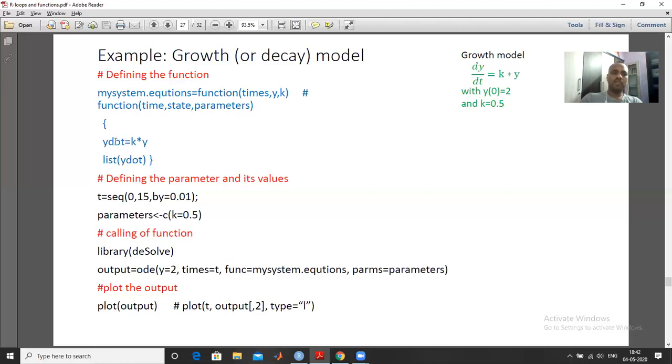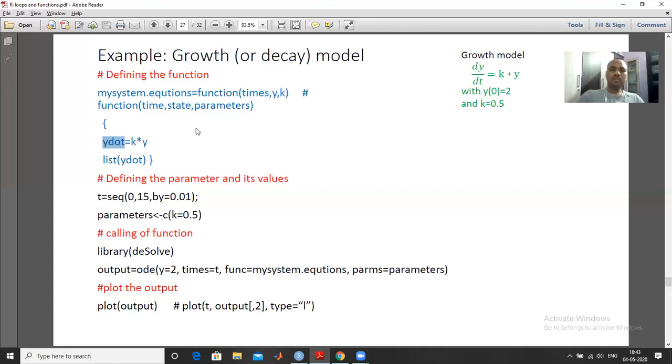Actually, on the left hand side, it is a variable. You can give any name here, so it is not necessary. In the factorial function, we give the name fact. In the sum of the natural numbers, we give the name sum. Here we are writing the y dot. You can take any name, dy, dt, or whatever you want to say. So this is the output, means this is the variable equal to k into y.